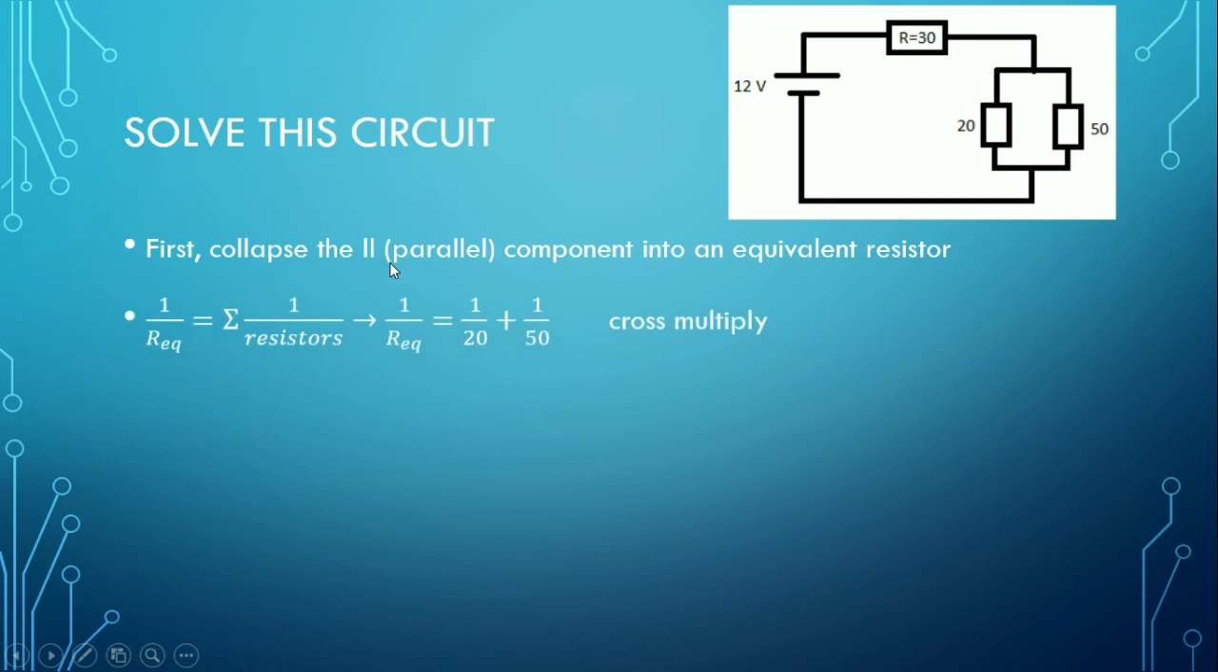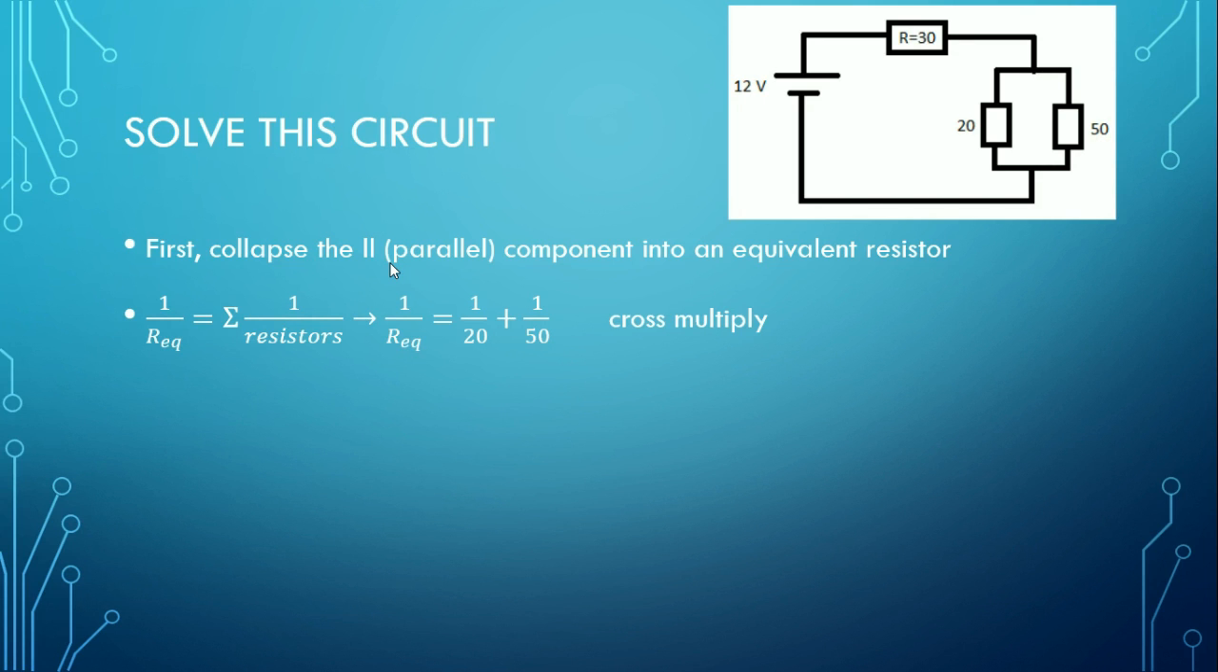And the formula for equivalent resistor with two resistors in parallel is 1 over Req, so 1 over equivalent resistance, equals the sum of the reciprocal of all the resistances. So 1 over Req equals 1 over 20 plus 1 over 50. And so